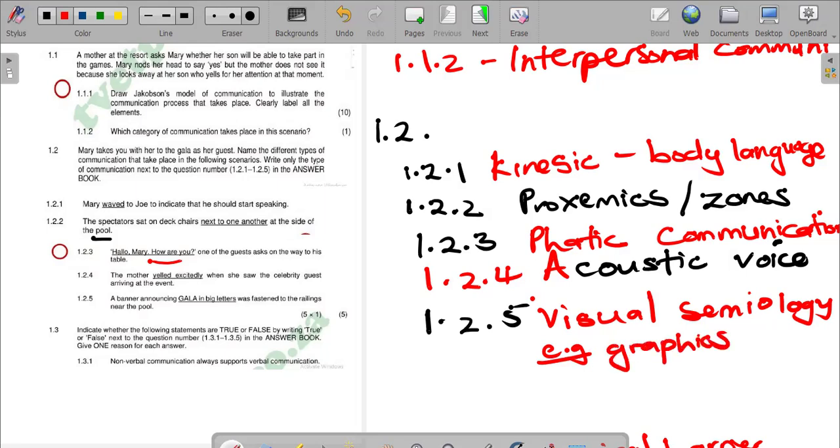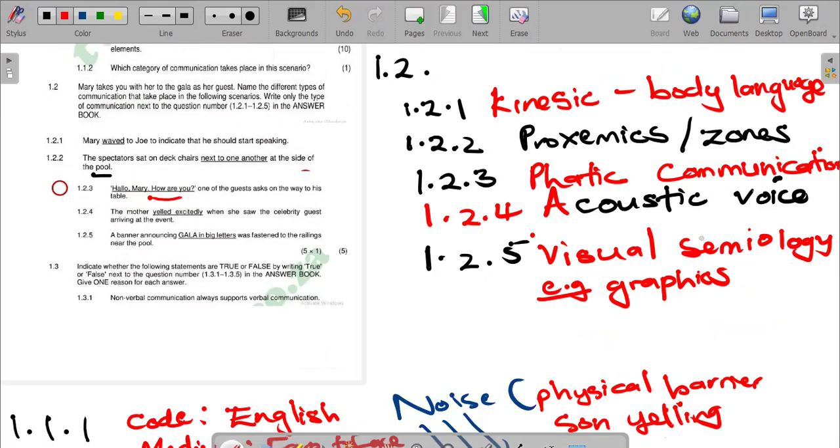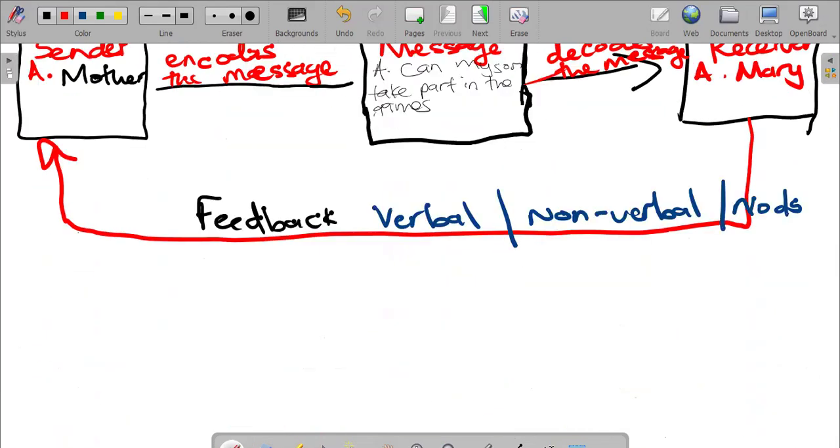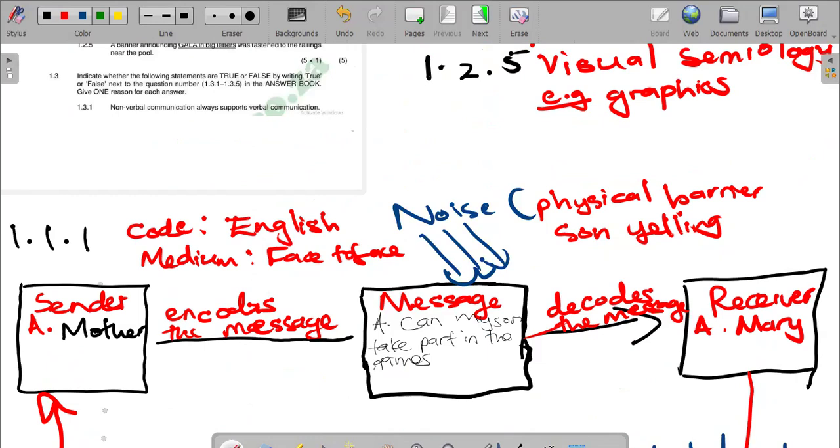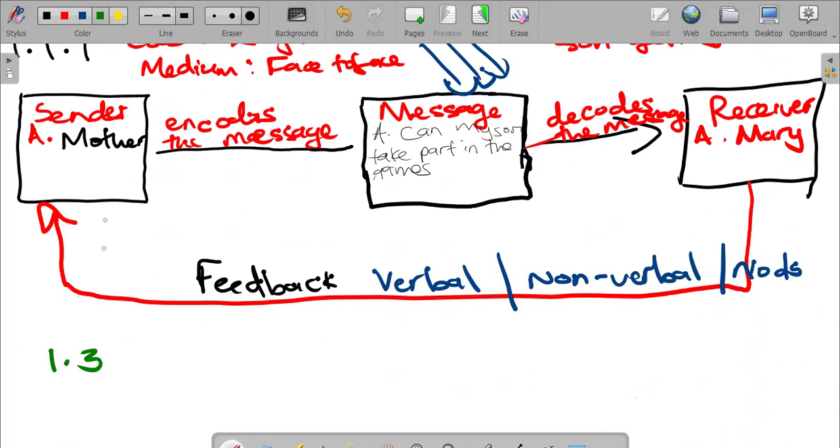So I'm going to move on to question 1.3. Indicate whether the following statements are true or false by writing true or false next to the question number. So the first question that we're going to discuss is this one. 1.31, non-verbal communication always supports verbal communication, right? So it's true,